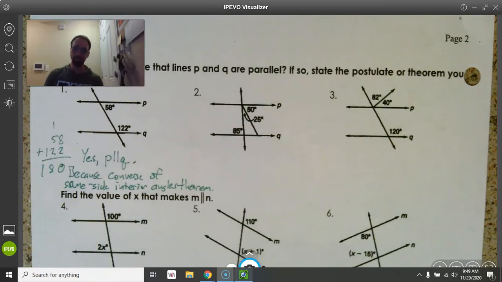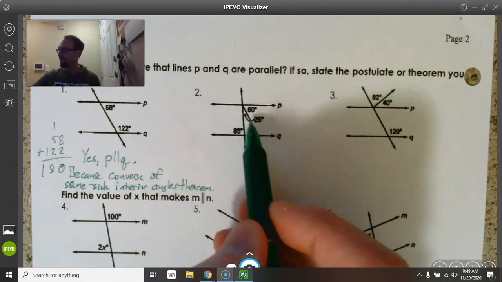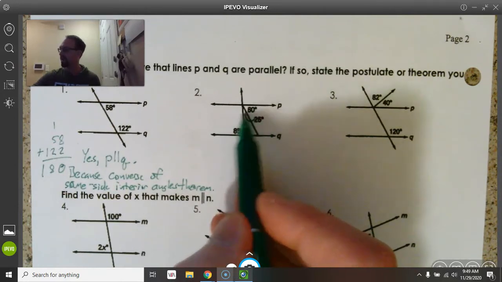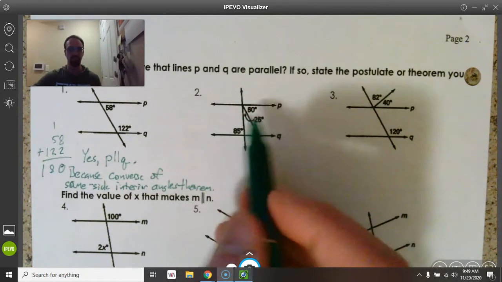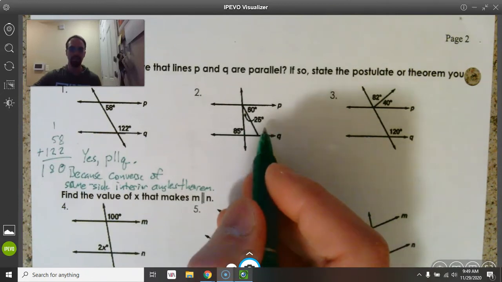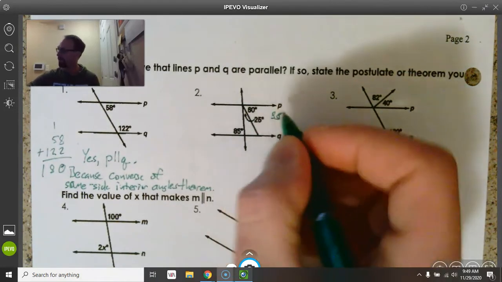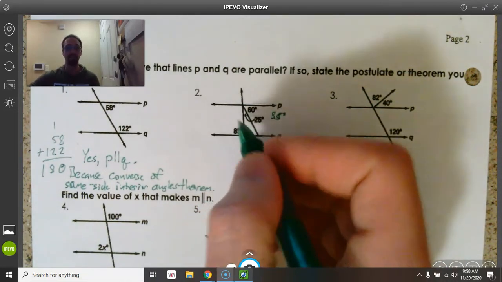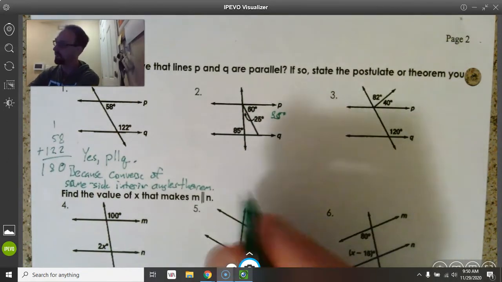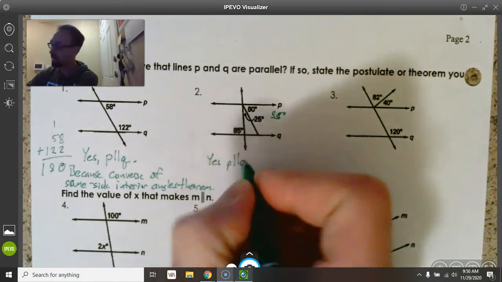So now number 2, looking to see what's going on here, it looks like I have this extra angle here, but if I add these two angles together, I have to do some logic, some kind of deduction here. If I add 60 plus 25, that's going to give me 85 degrees. And that's 85 degrees and that's 85 degrees, that actually matches my alternate interior angles theorem that we talked about previously. So yes, P is parallel to Q